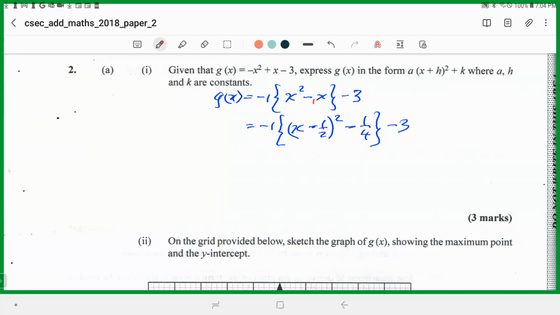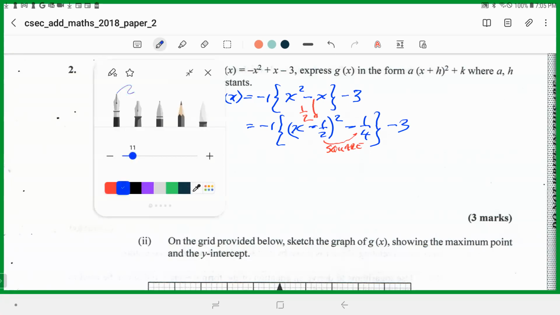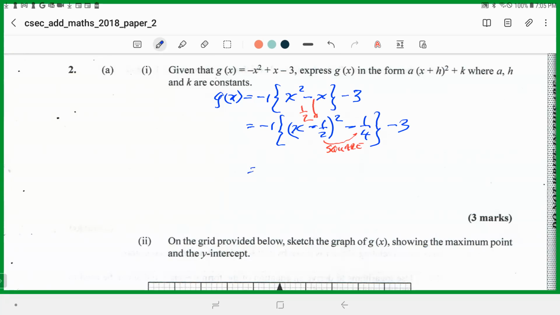The half of the coefficient here, so we subtract the square of this here. Every time, that's what you do. Can't go wrong. We're going to expand with the negative 1 now. Expand with the negative 1, we're going to get negative 1 times this, which is negative x minus half squared, minus, give us a plus quarter,